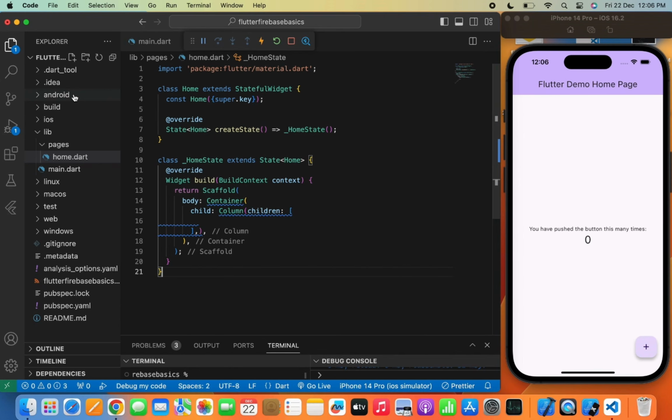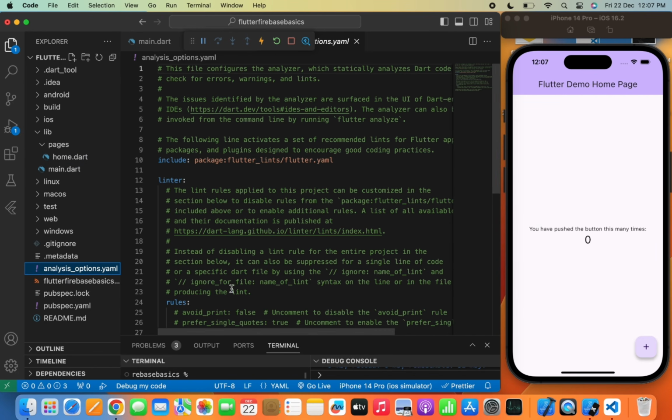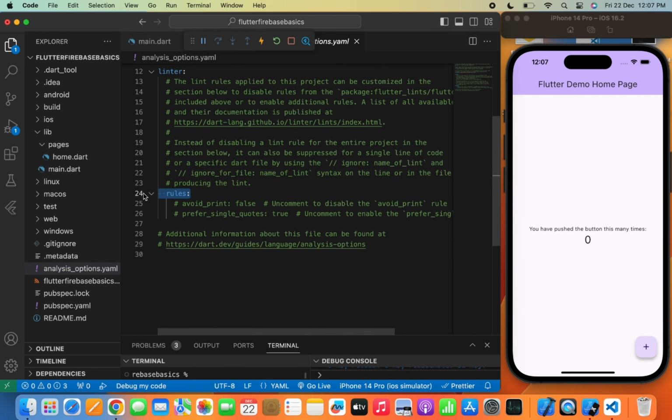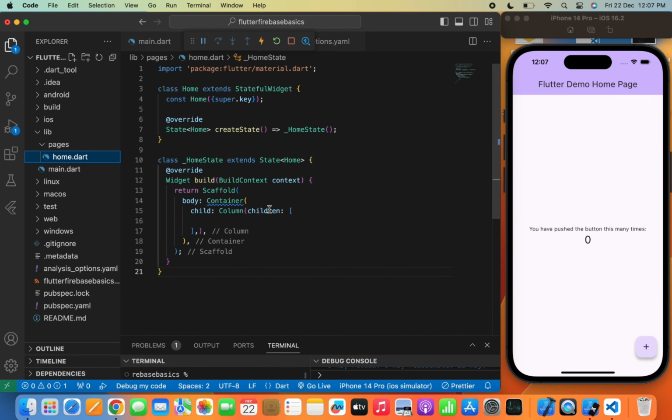So to remove the blue underline from the widgets, I will add two lines in the analysis_options.yaml file, and after adding these lines it will almost remove the blue lines from our widgets. So this is a small trick that you can use in your app whenever you find blue lines below your widgets. Now in the rules section you will add two lines. Now save the page,